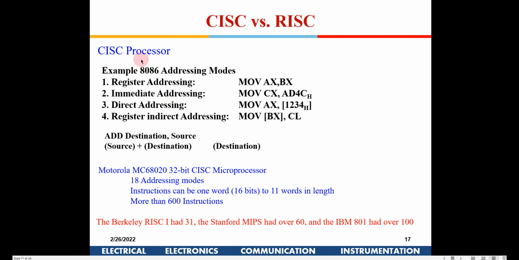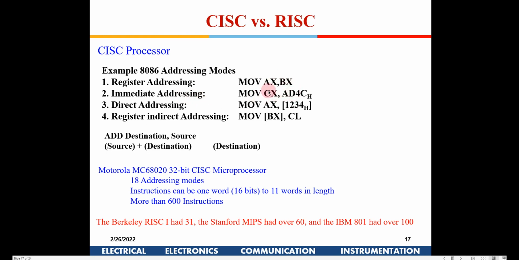discuss it a little more. Now if you see here, the CISC processor, these are for 8086, and 8086 is also a CISC processor. So you see the addressing modes, MOV AX, BX. What will it do? The contents of BX are moved into AX. So this is one kind of instruction. It requires say 3 bytes. Now you can also do MOV CX with data given in hexadecimal. This is a second kind of instruction,